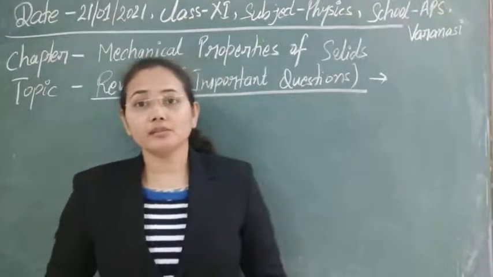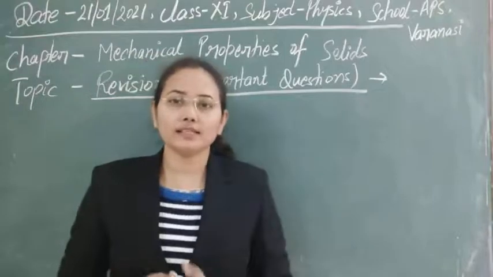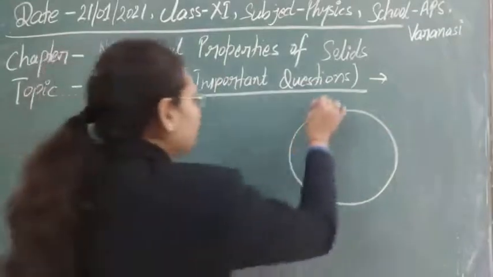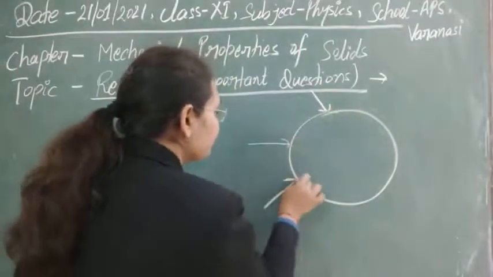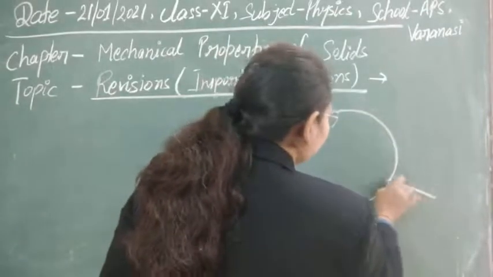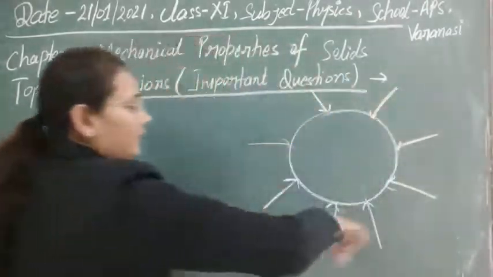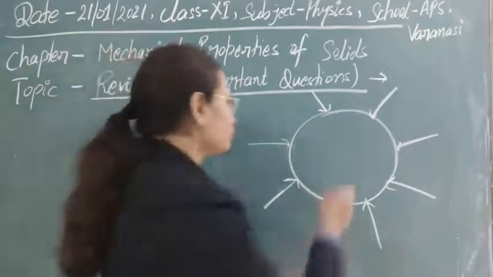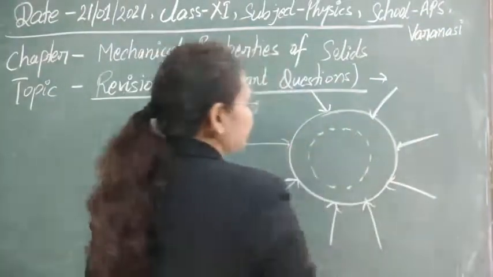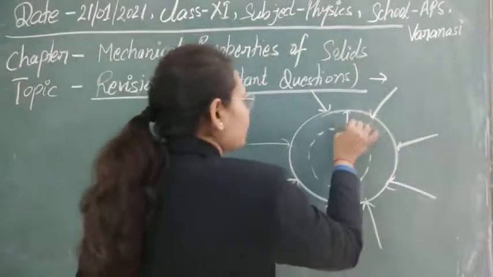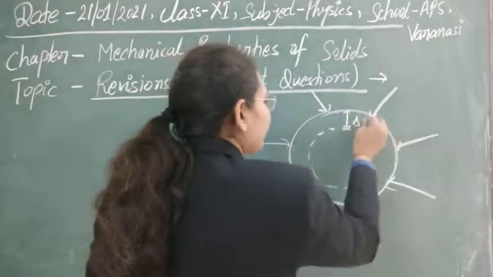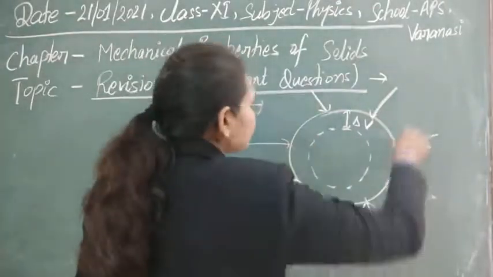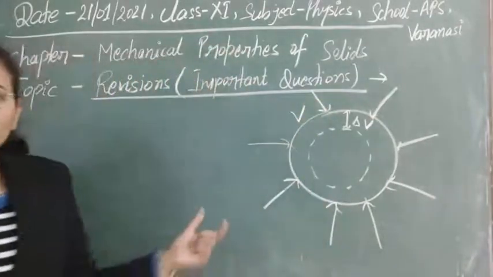The second thing is, suppose we are applying normal force from all directions, like if we have something like this spherical thing, and here is the application of force from all directions on this body. Then obviously, if this application of force is normal and uniform, a change in volume occurs in this system. So its volume will change somewhat, and suppose the change in volume is delta V, and this is the original volume of this whole thing here.